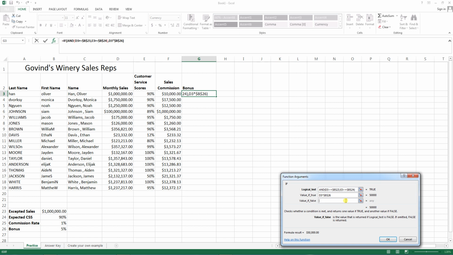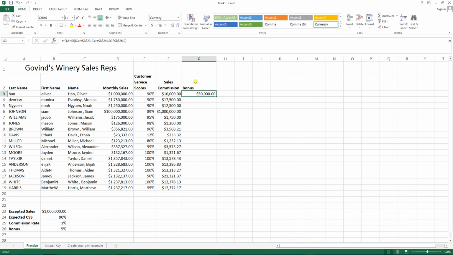If it's false, we're not going to give any bonus, because that's what the company requirements are. They want both $1 million in sales and the 90%. So we're going to go ahead and do 0. So Oliver gets a $50,000 bonus, and then we're going to double click on this to fill down,